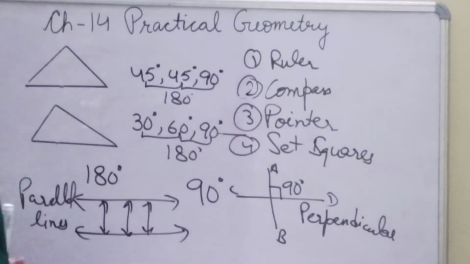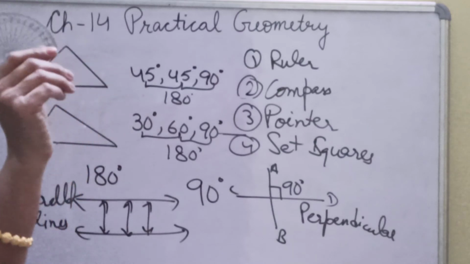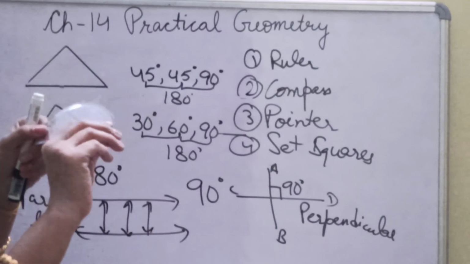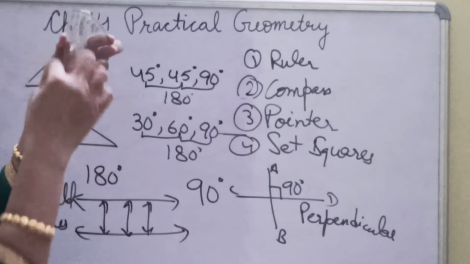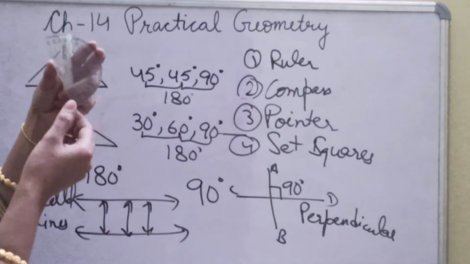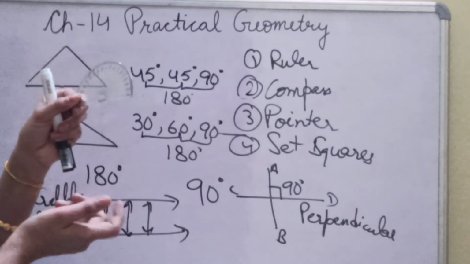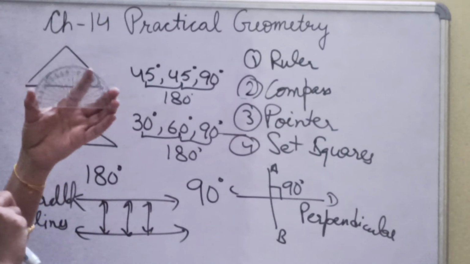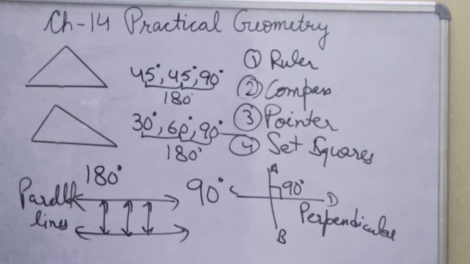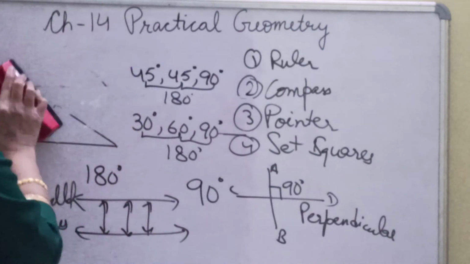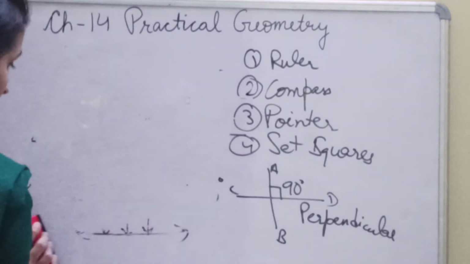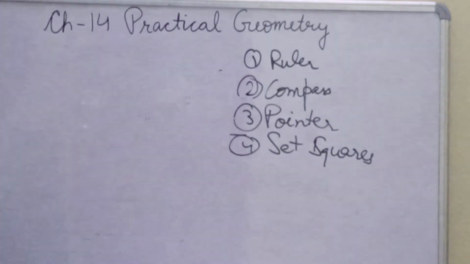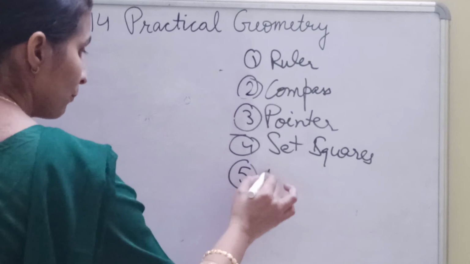Now the fifth one is this D. In general language, you say it is a D, but the exact name is protractor. So this is your protractor. See, the shape is like a D, so in general language we say it as a D. How to use it and why are we using this? First of all, we use this to draw angles or to measure angles. So how do we use this? Let's learn that also. So our fifth part is the protractor.